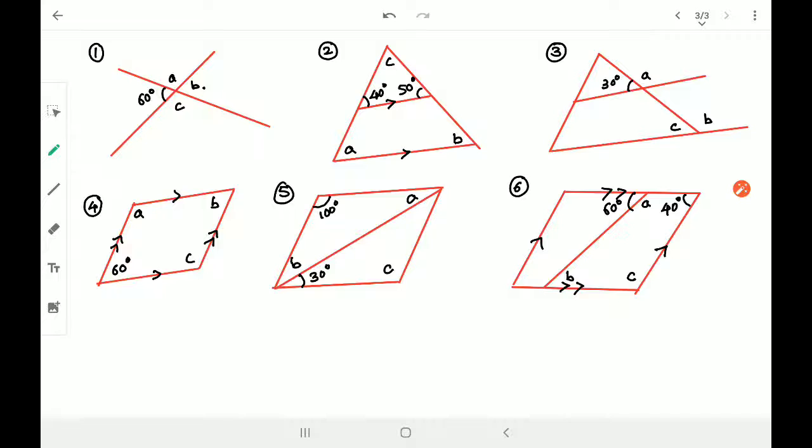Okay, so let us know how many of you can get the answer of this question. And once you complete this, once you get to know all these questions properly, believe me, the exercise based on parallelograms is going to be very, very simple for you. I hope you can do this.